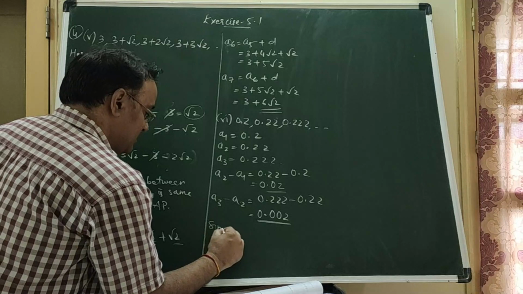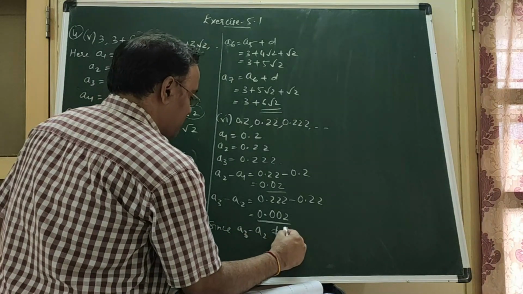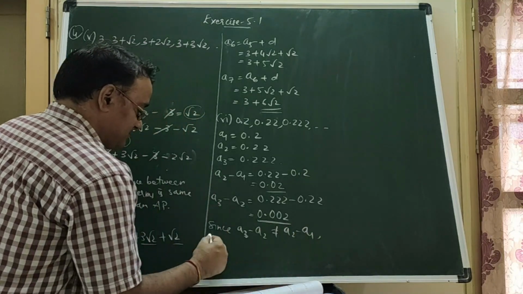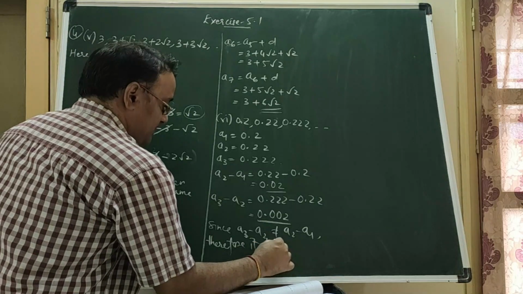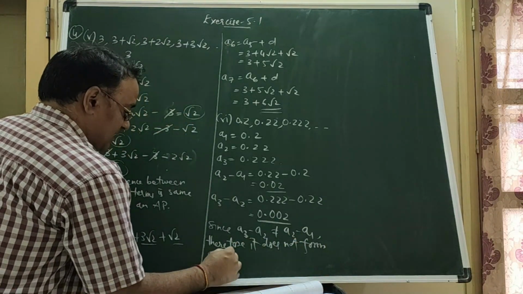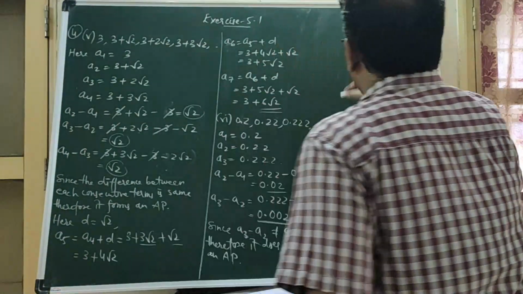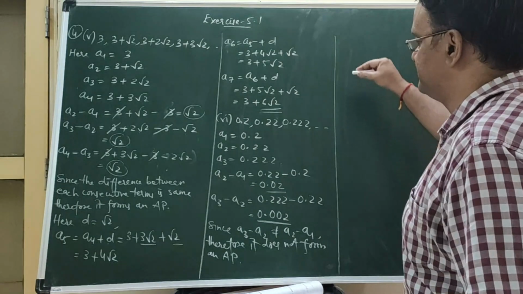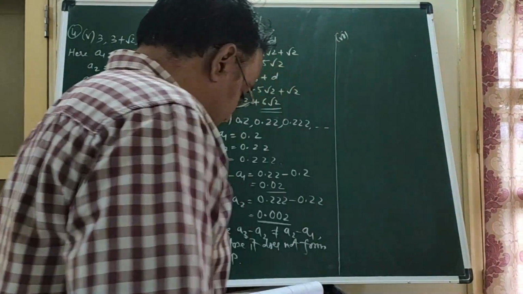So since a3 minus a2 is not equal to a2 minus a1, therefore it does not form an AP. Okay, so this is the 6th bit. If it is not forming an AP, then we do not need to proceed further. Now the 7th bit, the question is: